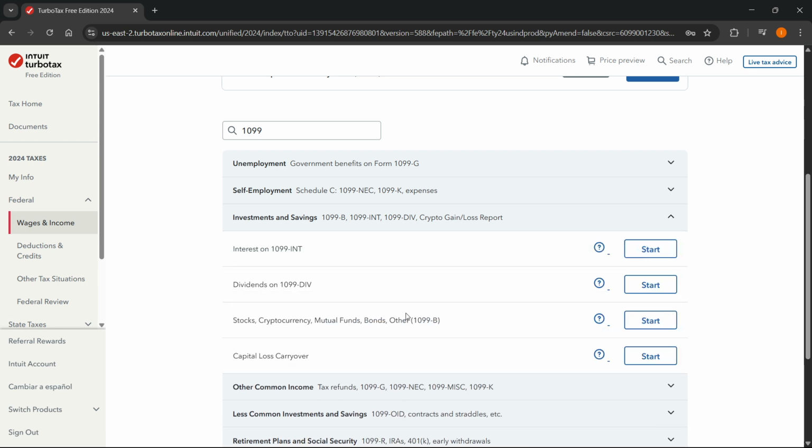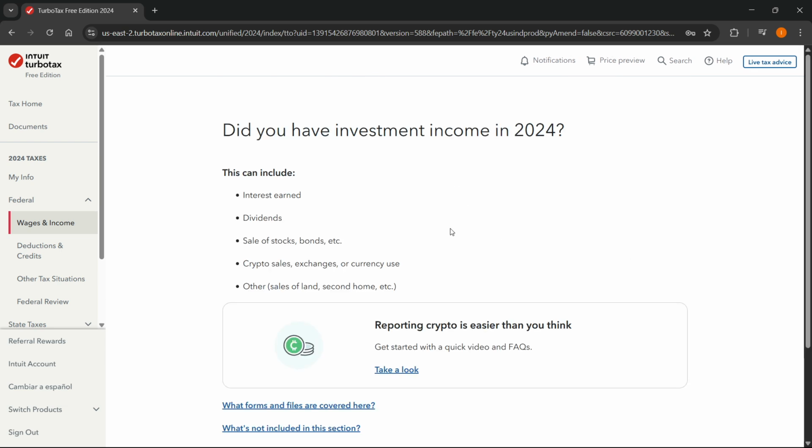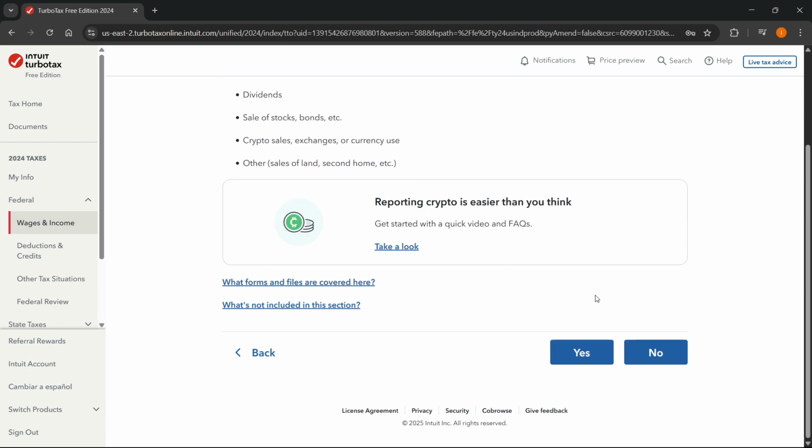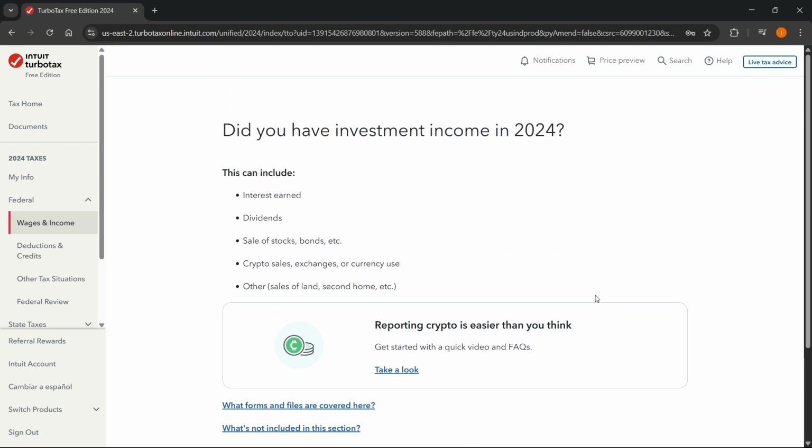So for example, let's say it's going to be interest on 1099 INT. You simply want to click start. And from there, you basically just want to follow this process over here. You want to answer everything it asks you for. And after that, you've successfully filed it and added it. So that's pretty much